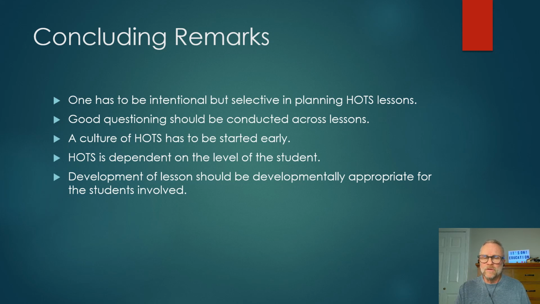This culture of higher order thinking should be incorporated early, asking students in the elementary school to express their ideas and look critically at the things that they believe. I think that can be done very early on. Development of lessons should be developmentally appropriate for the students involved. And so you need to look at what they can handle and gradually scaffold activities and questioning to meet the